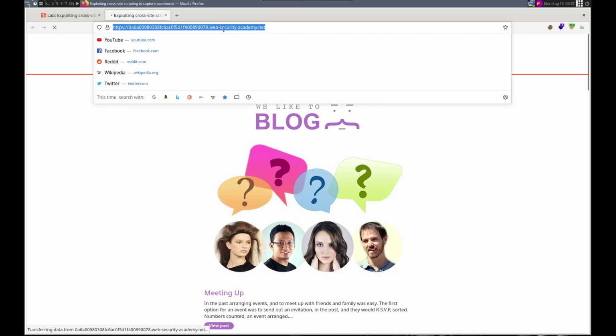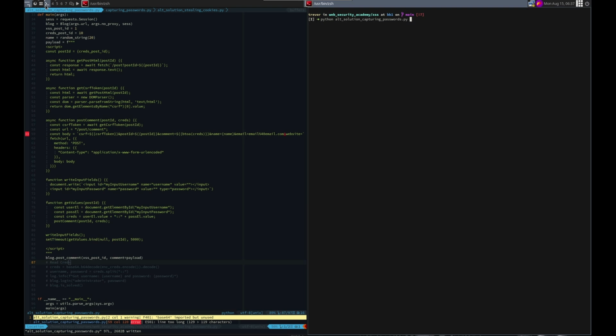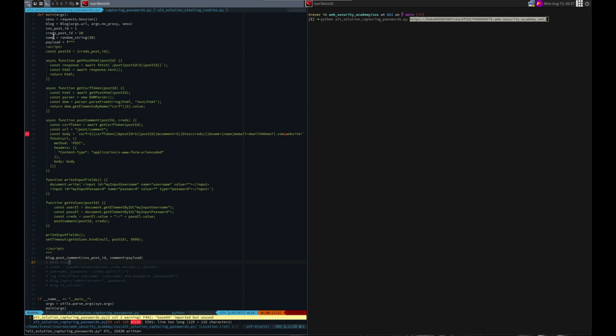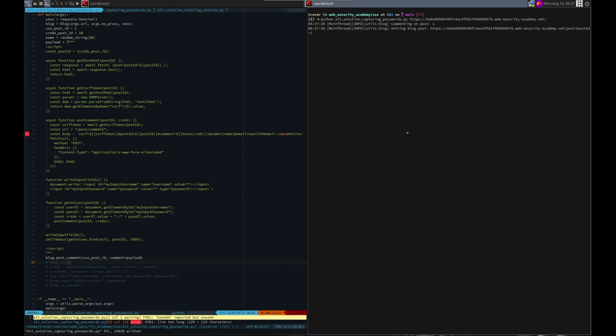Come on. There we go. Going to paste that here. What we expect is that we're going to look at post 10. We should see a comment from a random name with credentials, if everything works as expected,